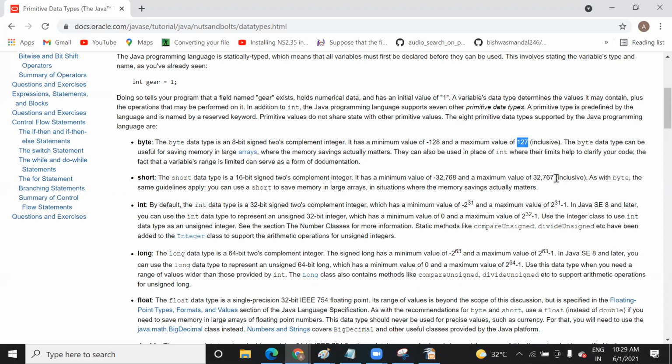If you want to save more than this 32767, then it will give an error, or it will throw some garbage value. It depends on the compiler we are working with. Nowadays in the new compilers, sometimes they give an error, and the previous compilers were giving an error, but the new compiler, JDK 16, 17, assigns some garbage value, or gives you a warning.